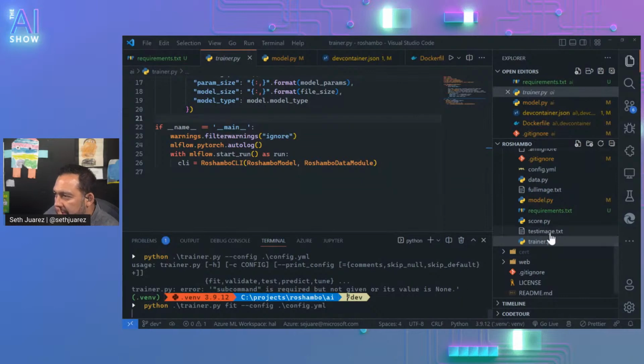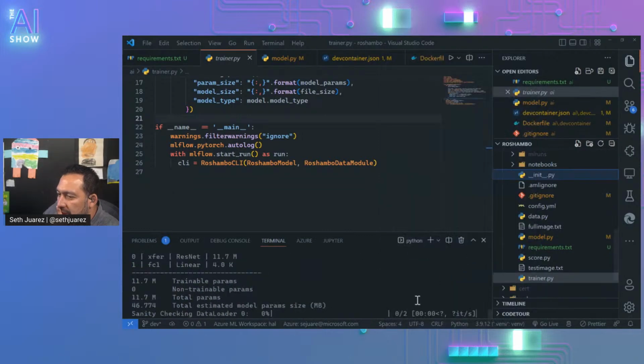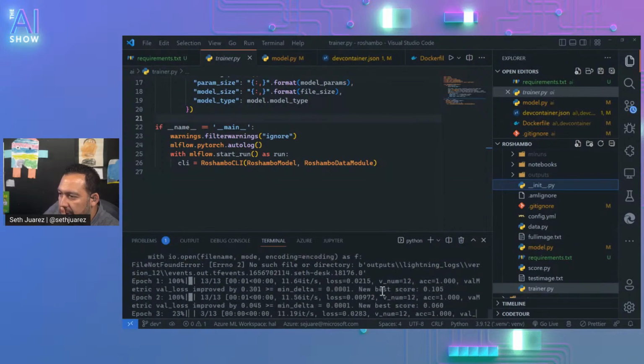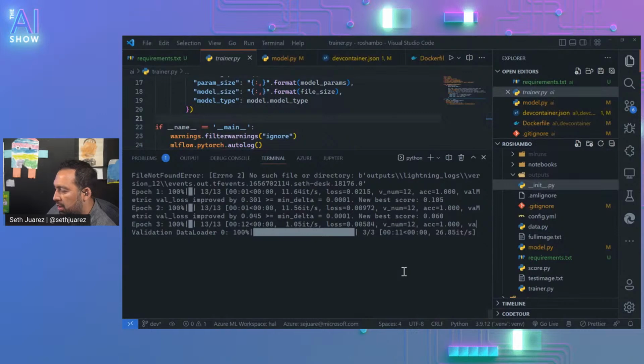Here we go. Let me delete the output folder. Oh shoot. I think when I deleted the outputs folder, it got mad at me. Stop. Why aren't you stopping?